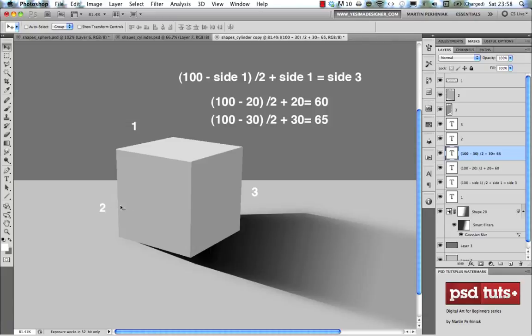But we also need to know what's the rule with side 2. It's really simple. It's exactly between the two. So it's exactly between 1 and 3. So in the first case, for example, when it's 20 and 60, side 2 will be 40. This is again a bit more theoretical, but it's good to learn these rules. Just remember them, and you don't need to follow this exactly. You just need to know about it, and then you will be able to guess roughly the values on each